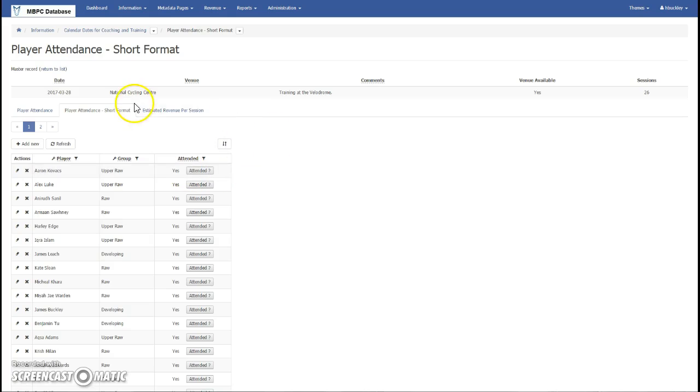So the idea is you would come into this when you've got your mobile phone or your laptop or your tablet, when you're at the venue, pick your date, and we would already have people listed in here, but the attendance value would be no by default, and we'll do that based on the last set of attendees for that venue. So I've got a routine that will run ahead, so that when Dave Edgar gets to say the academy, when he comes to the date of his training, there will be a set number of people listed. Now, if there is someone that's